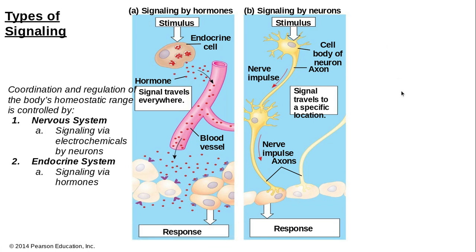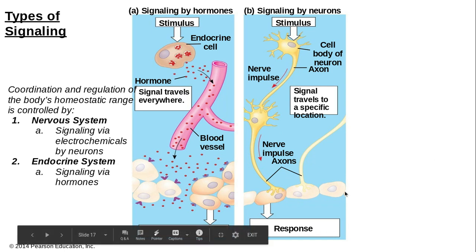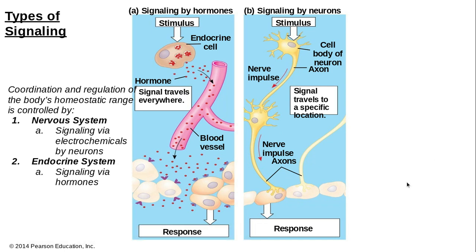The neuron signaling is an example of synaptic signaling, and this is when the signal is supposed to travel to a specific location. So those neurons are connected and the chemicals, like neurotransmitters, travel from one synapse to another, the spaces between nerves, until they reach their specific target cell, and they cause the required or desired response.